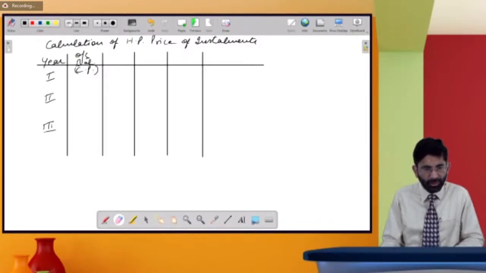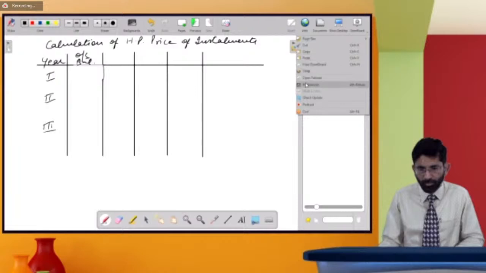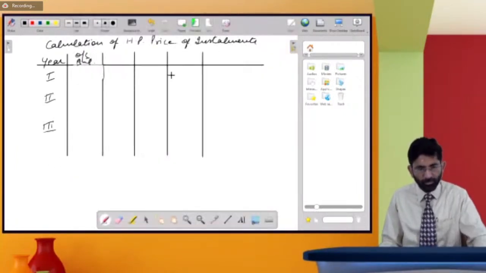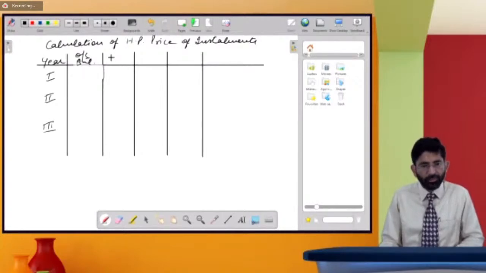You will have to write only the outstanding balance. Then you have to write down interest,